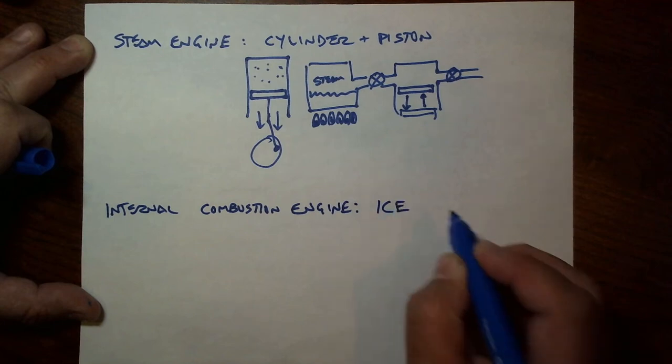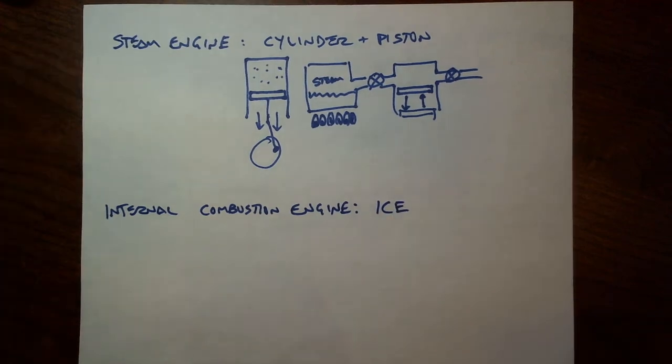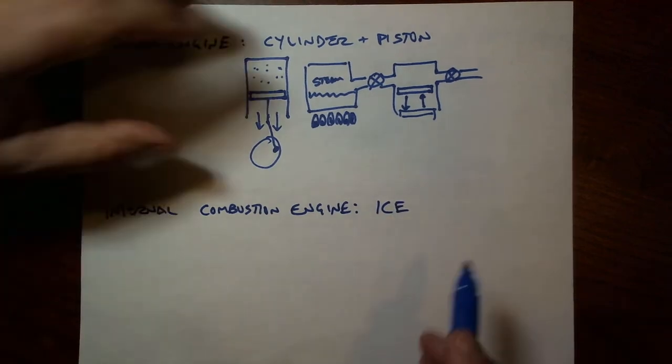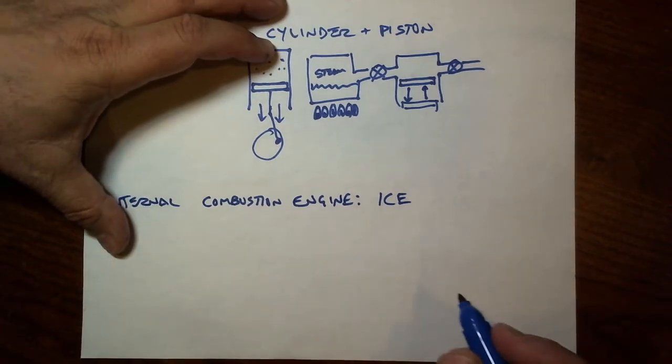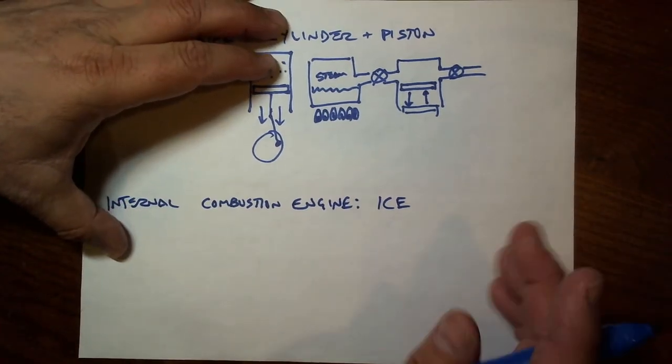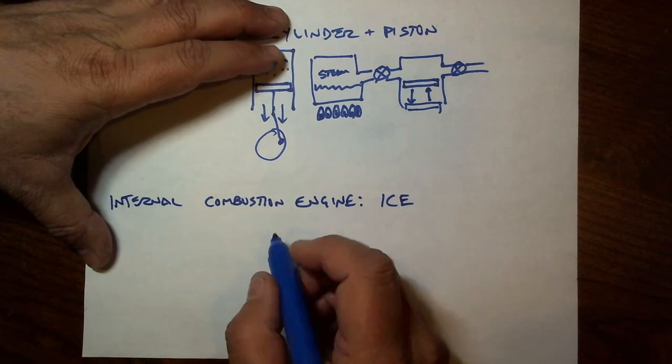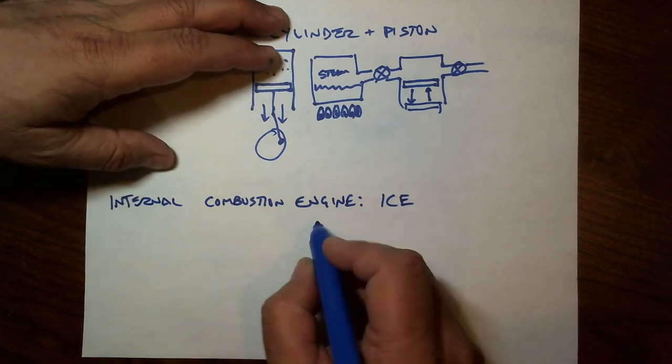Otherwise known as an ICE to those of us who have electric cars, because, you know, as different than an electric motor. The internal combustion engine goes through a very similar cycle, only we need 4 diagrams to show you what's going to happen here. So I'm going to draw